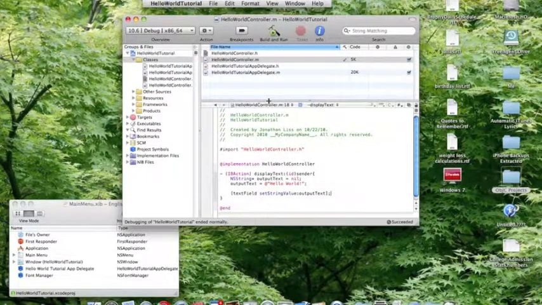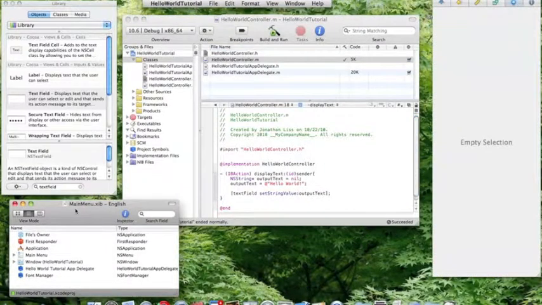So then I'm going to go down. Now I'm done, really, with all the code that I've written, because I've accomplished what I needed to. I set up the outlet, I set up the action, and I wrote the code for the action. So now I'm done with coding, but now I need to tie it back into the interface. So I'm going to go back to the interface,